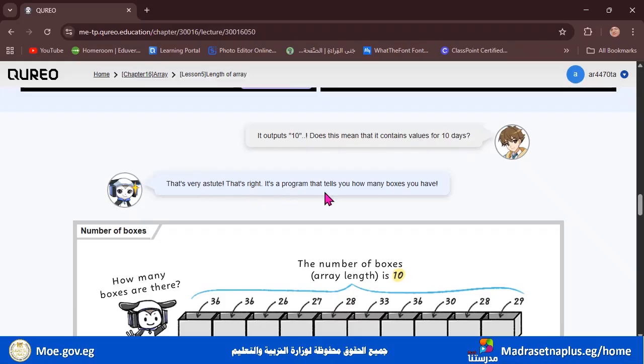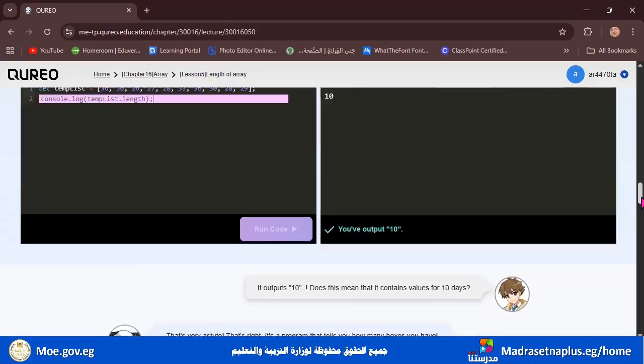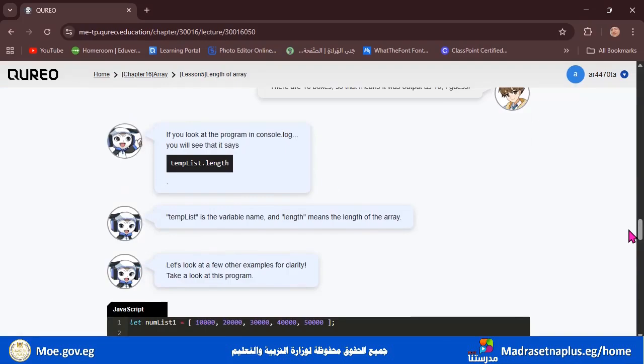It's a program that tells you how many boxes you have. So if we want to know the number of the values in this variable, just write template.length. If you look at the program in console.log, you will see that it says template.length.